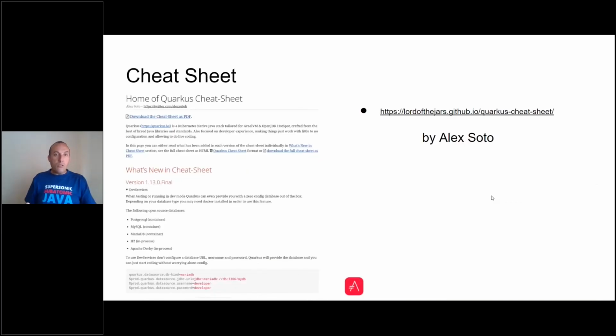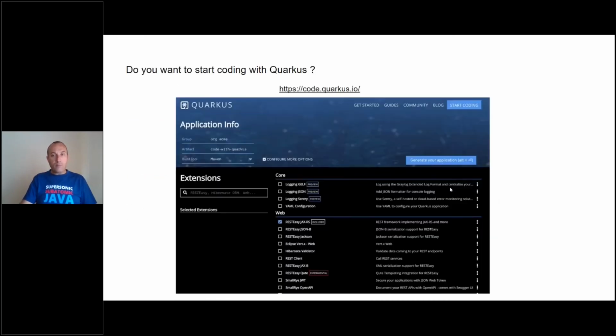Also, I totally recommend you to follow the cheat sheet for Quarkus produced by my colleague Alex Soto, where you will find all the news for every Quarkus version, with some help and guidance to use every new feature. Also, the starting point for coding with Quarkus is code.quarkus.io, where you will find a wizard where you can select different technologies and libraries, and it will produce a zip application where you can start